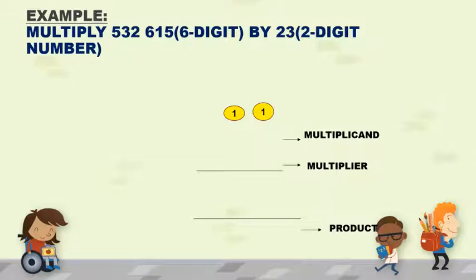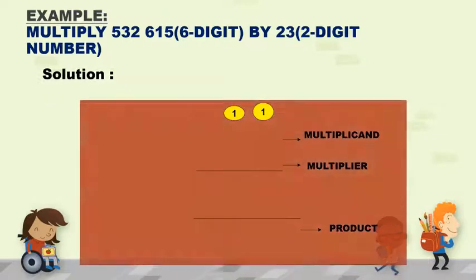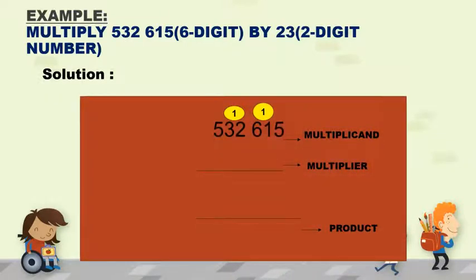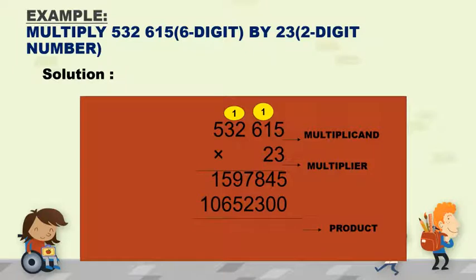Example is here. If we want to multiply these two numbers, what we are going to do is that first we will write the multiplicand, then the multiplier, and then we will start multiplying it from this 3, the number in ones column. And we will multiply all these 6 digits by 3 first. Then we will multiply all the 6 digits by 2, and at the end, to get the product, we will add these and find our answer.